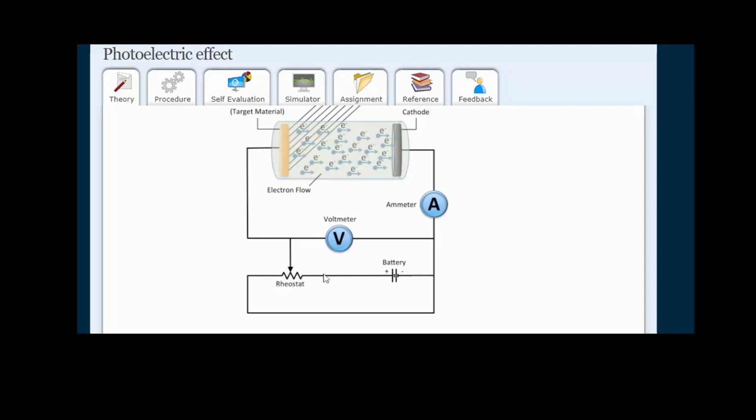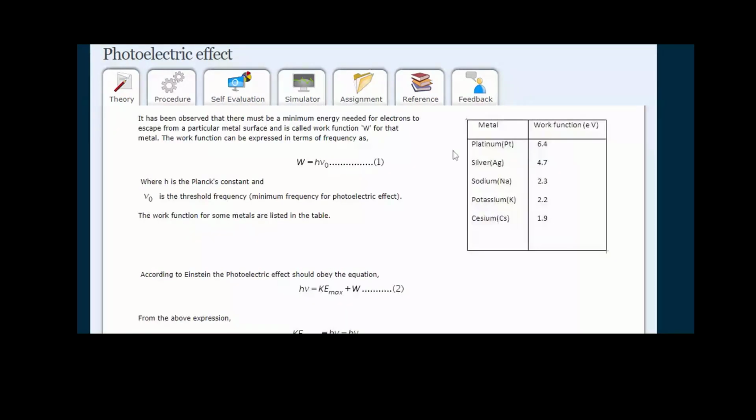Now here you can see the different metals you can have, and each metal has its own work function. If you have a metal, the electrons inside it are bound to that metal, bound with some energy, the binding energy. If you take the metal as platinum, you can see the work function is 6.4 electron volts for platinum. So when you shine light, and this light has energy greater than 6.4,